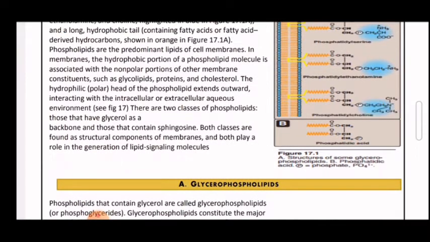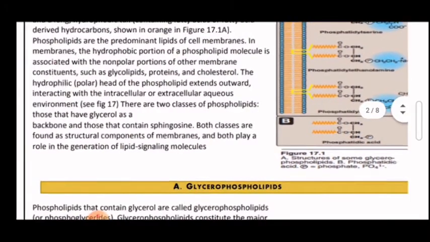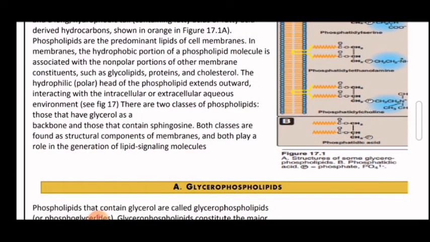Okay, how are phospholipids important to us? Actually, they are main structural components of our cell membranes. So in membranes, the hydrophobic portion is associated with non-polar portions of other membrane components, such as glycolipids, proteins, and cholesterol, while the polar head or hydrophilic head